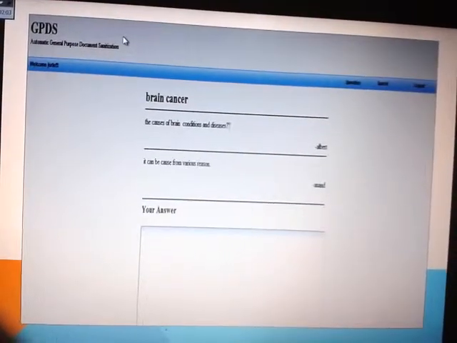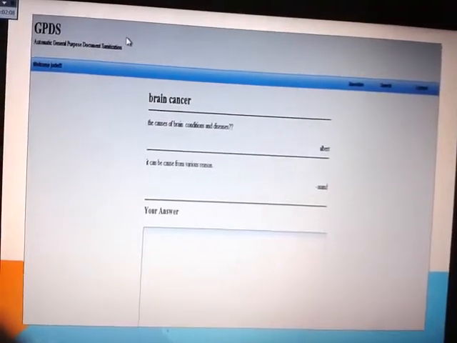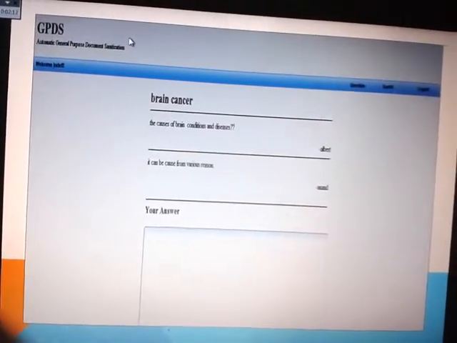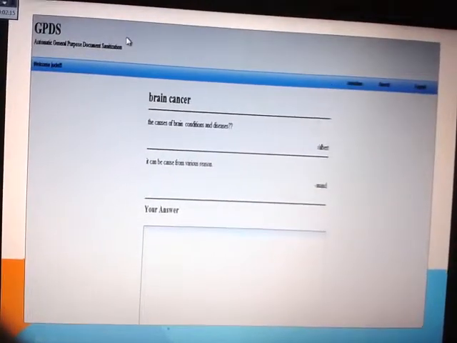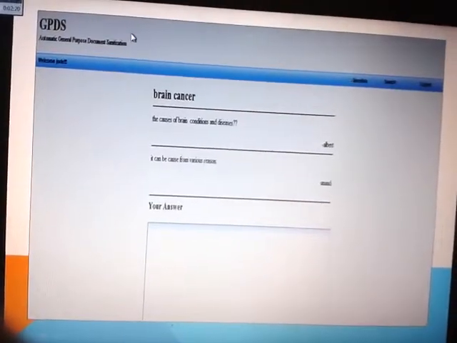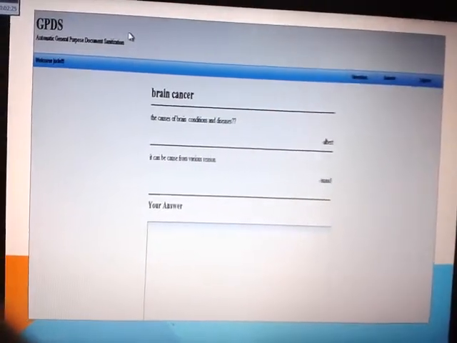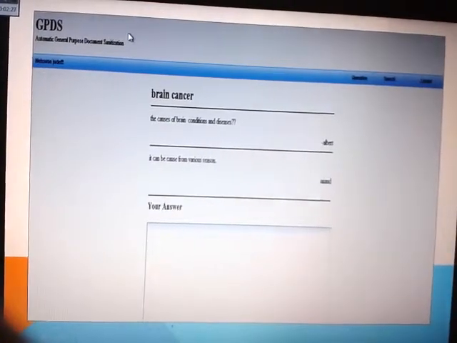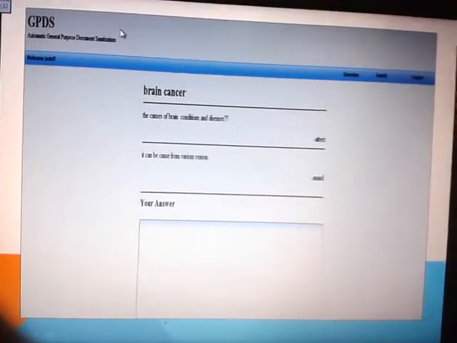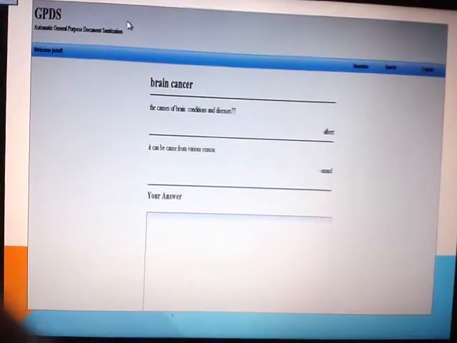When Jude opened the brain cancer information, the question that Albert asked was the causes of brain cancer. Now, when Jude opened that question, it turns into the causes of the brain condition or disease. The term cancer is substituted by condition or disease because the term cancer is considered sensitive in terms of medical terms. So the term cancer is automatically substituted as condition or disease, so that this information can be more widely provided.